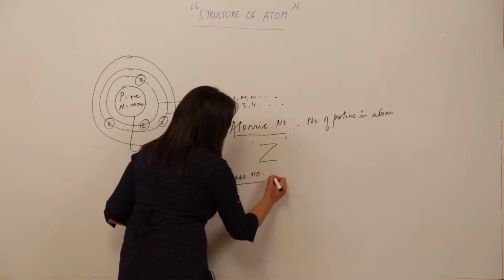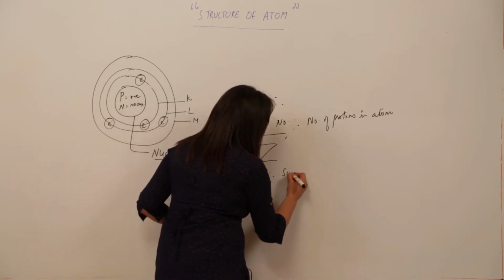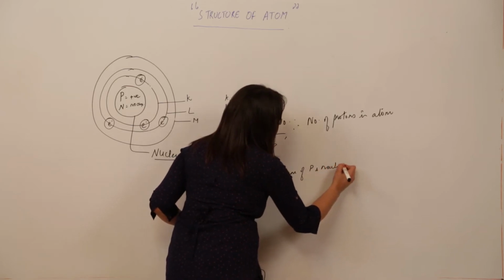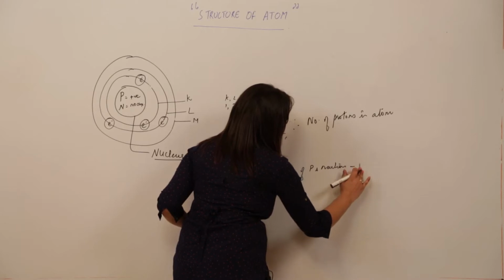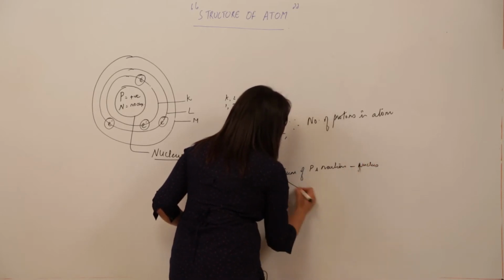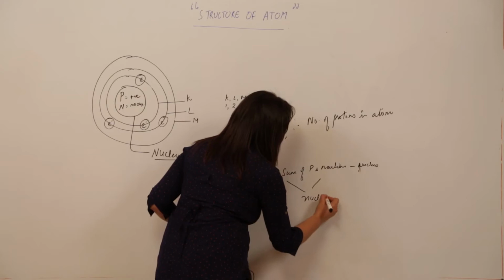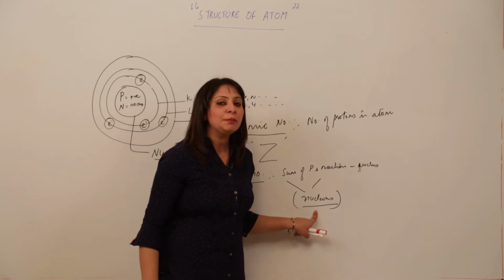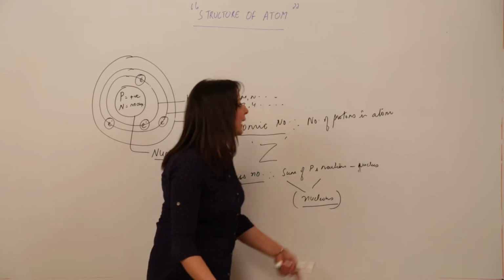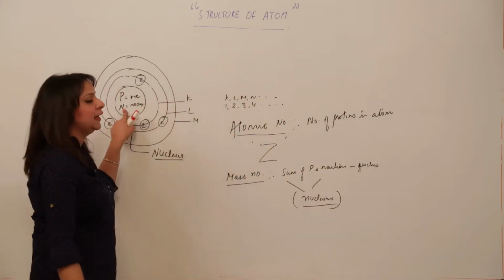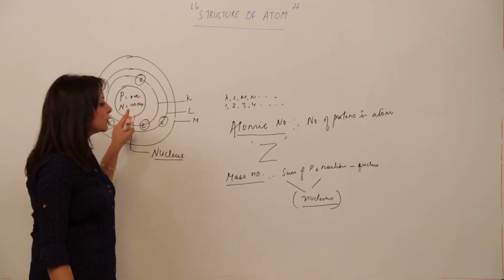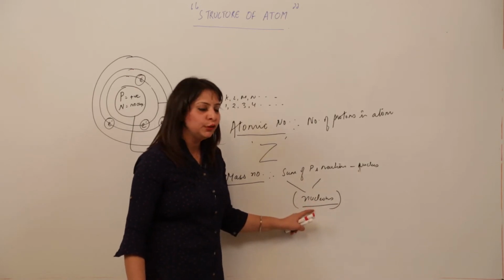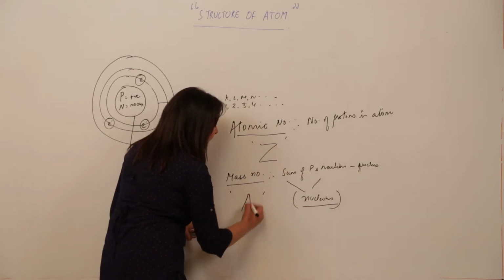atom is mass number. Mass number is actually the sum of protons and neutrons present in the nucleus, or we can say it is equal to the number of nucleons in the nucleus. Nucleons are the particles which are present in the nucleus, and as Bohr already told us, there are only protons and neutrons in the nucleus. So either we can say it is the sum of protons and neutrons, or we can say it is equal to the number of nucleons. It is abbreviated as A.